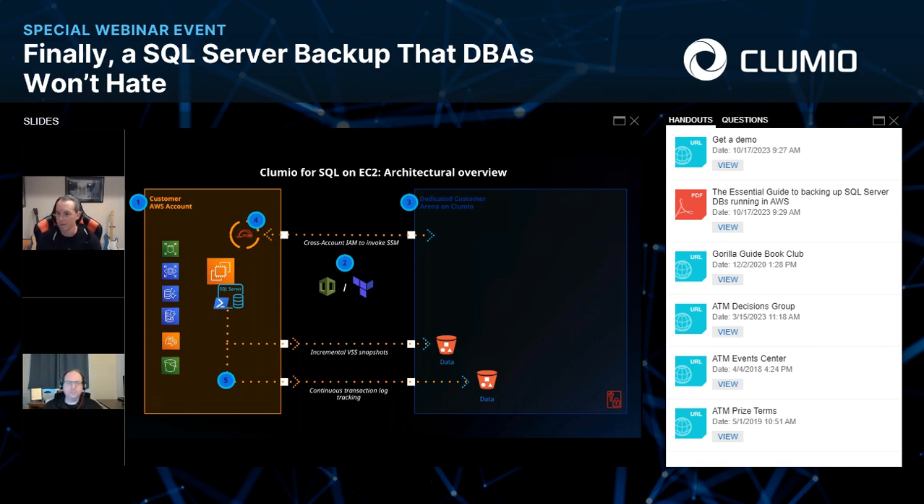So when we do the backup of the logs, we can do those every 15 minutes. We'll actually clean up the logs as well. We'll shrink them afterwards to make sure you don't have log bloat to worry about or managing any of that. Now, when the data is all on our side, one of the big things our customers really enjoy is